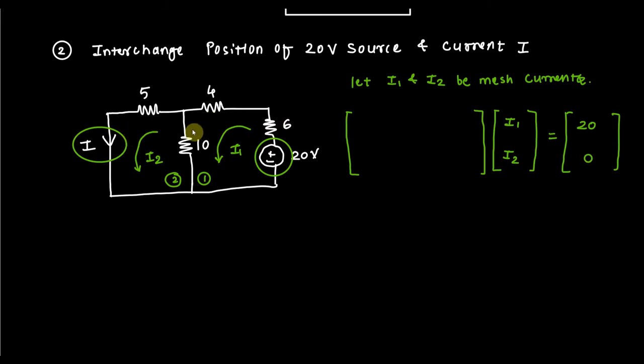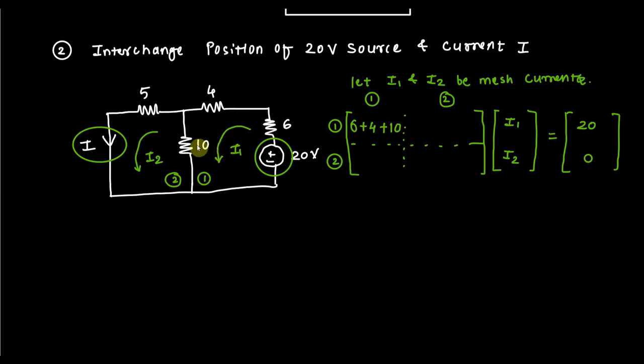As you can see that there are 2 mesh, so size of matrix is 2 by 2, so there are 4 elements. Like this, this is the first mesh, this will be the second. Now find out this element. This is the element where the sum of the element present in mesh 1. So here it has 6, 4 and 10. So I will note down here 6 plus 4 plus 10.